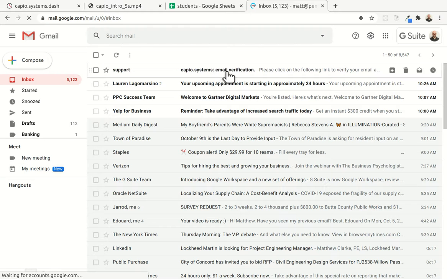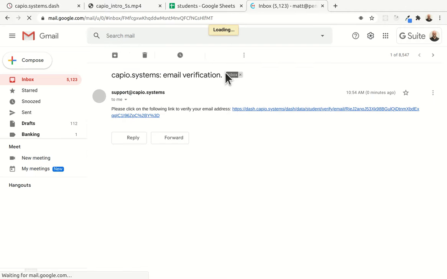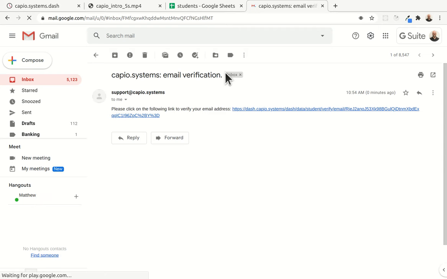And here it is right here. So the student gets this email. You may want to announce to your class that these emails are going to be coming out. I suggest you tell them to check their spam folder. It is possible it could show up in their spam folder, but just let them know that they should see this, because they might not know what Capio is, and